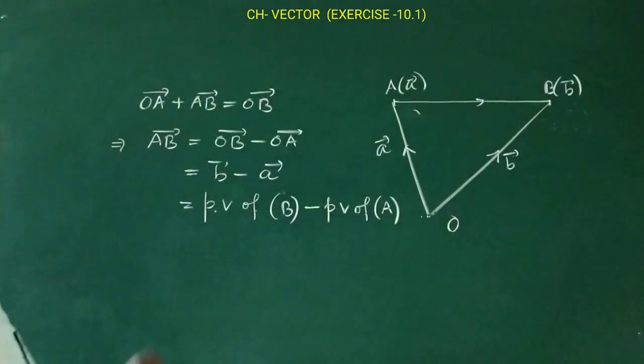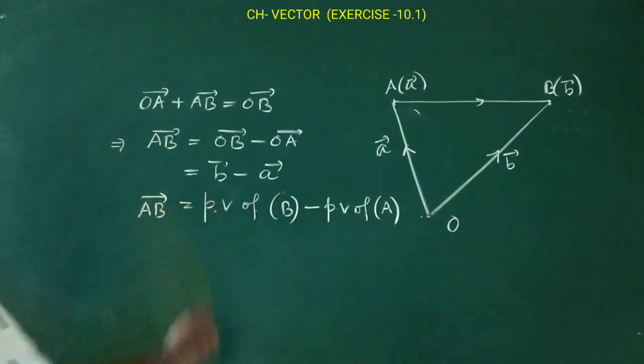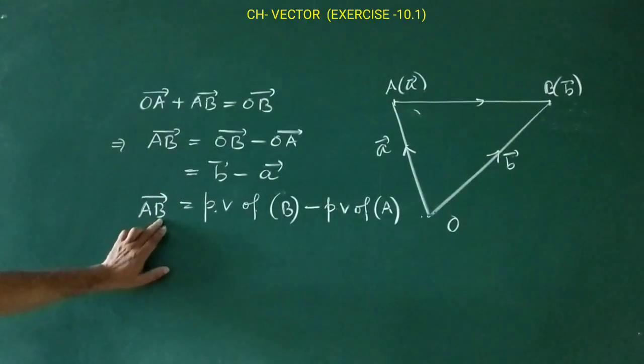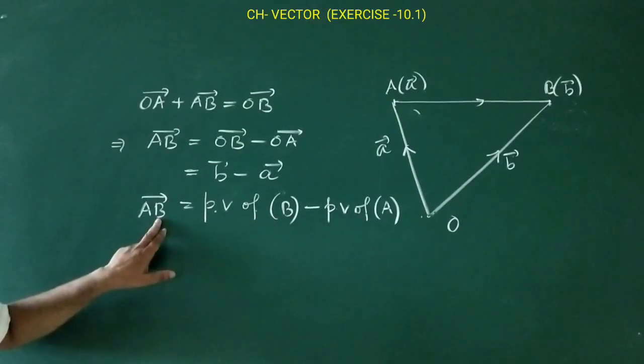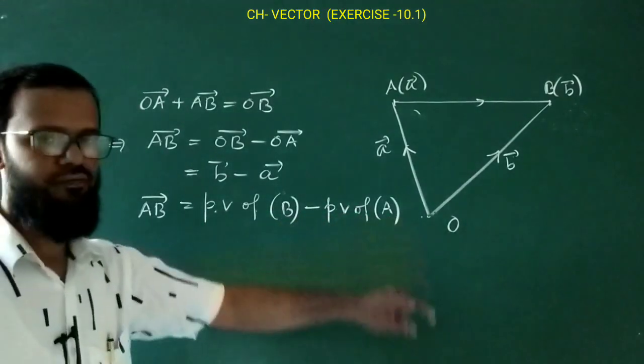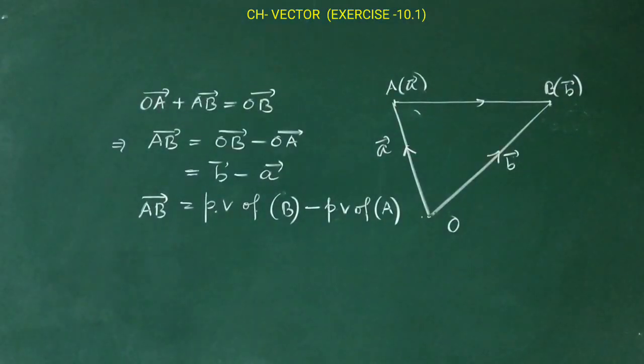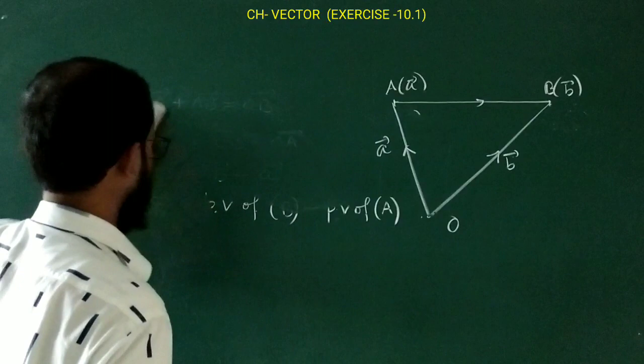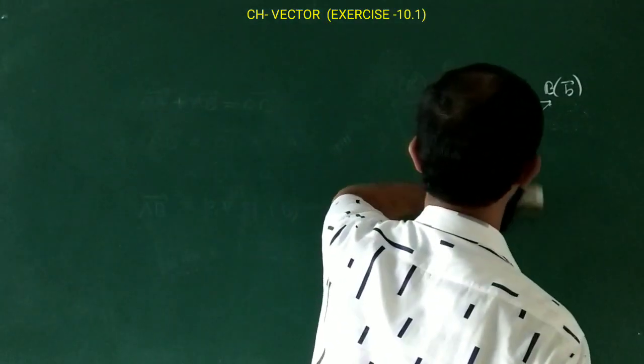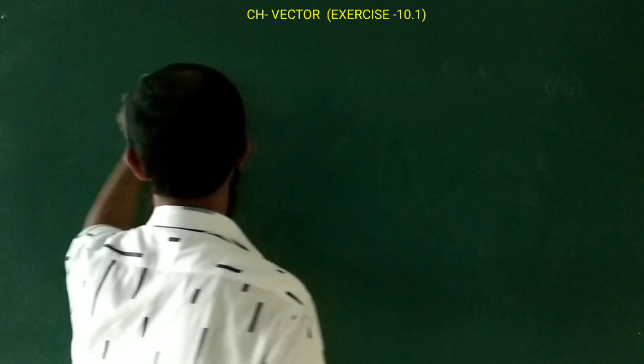That means from here we conclude a relation that AB vector is equal to position vector of terminal point minus position vector of initial point. This is called the terminal point. So in this way you can find the particular vector. Okay, understood? So these are some basic concepts I have discussed today, and let us solve a few questions and then you will get an idea. Okay, so first question is, find the